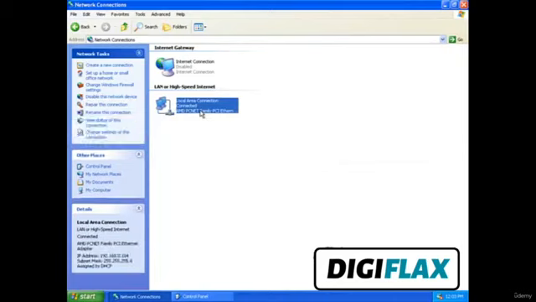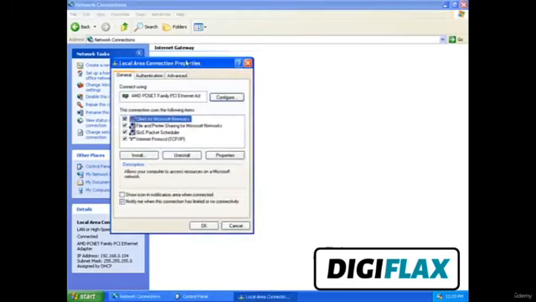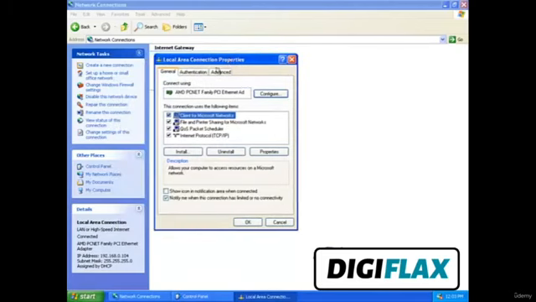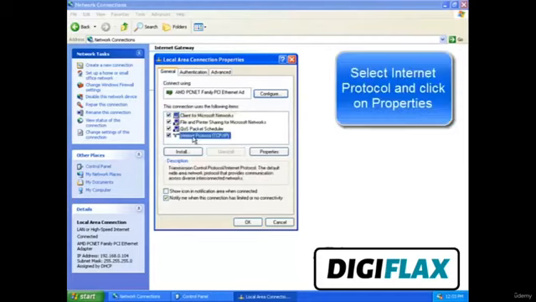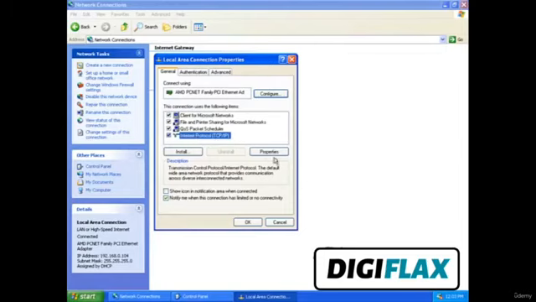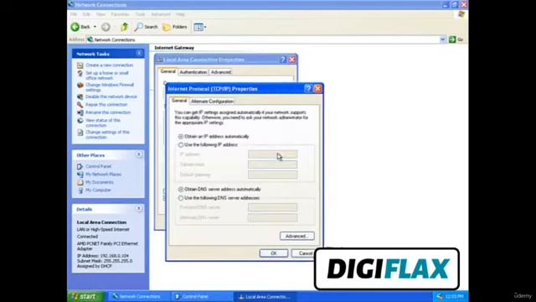So, select the appropriate network connection, right-click on that, and go to Properties. Here, you will find several properties. We are in the General tab. Select Internet Protocol TCP/IP and click on Properties.